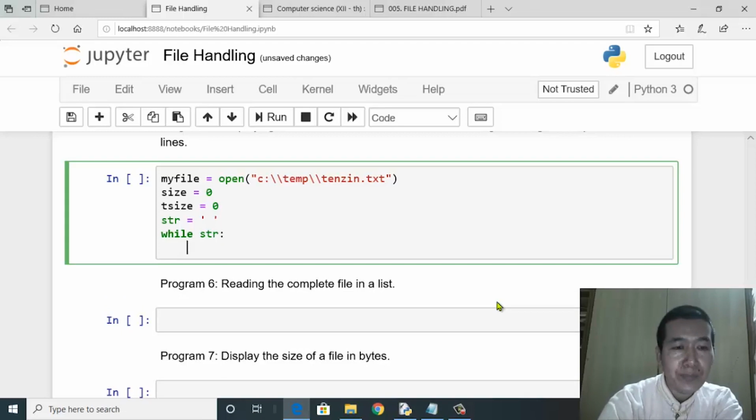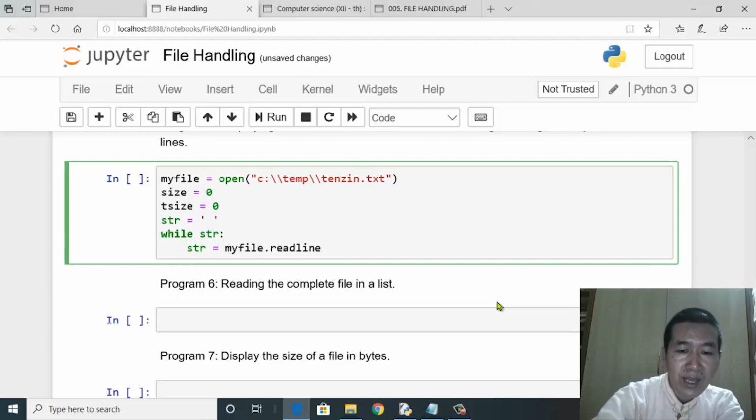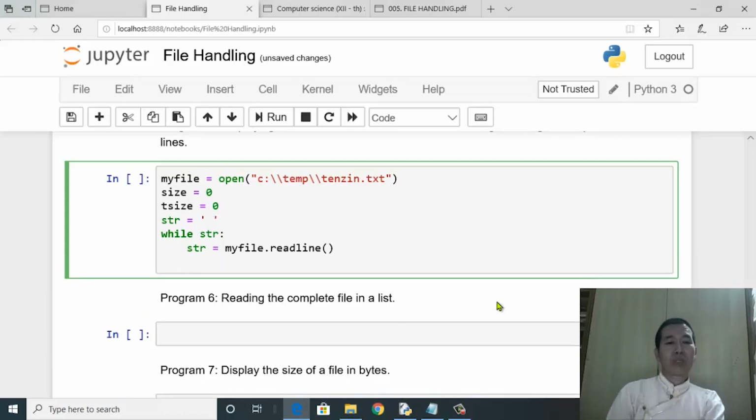Okay, and then let's do the reading. str equals my file dot read line, and then right here what I'll do is I'll write size equals len of str.